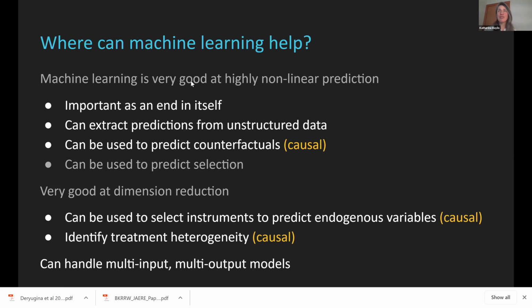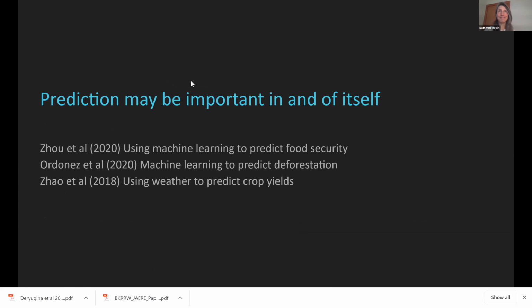I'm going to try and give a couple examples here, some from my own work, narcissistically, and some from other people's work that I think is quite cool. Just to give you a sense of where these methods are being used and how they're being used in agricultural and environmental economics. There's some chance I won't get to the multi-input, multi-output model if I'm running short on time, but if we do, it'll show you some, I think, novel stuff in that space. But first,